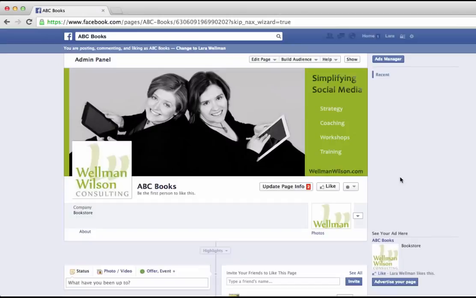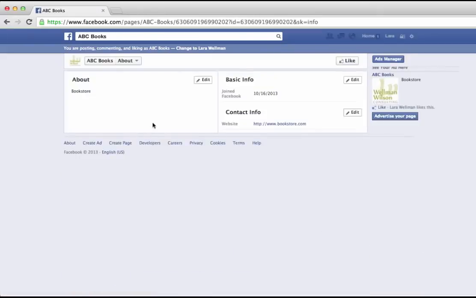So that's what you want your page to look like. You want a nice big cover image that describes what you say. You want to have something as a profile image, and you'd like, if possible, to include something with your face, because if you're a small business owner, connecting with your customers is really important, and this is a way for people to make a connection with an actual person and not just a logo. If we go to About,